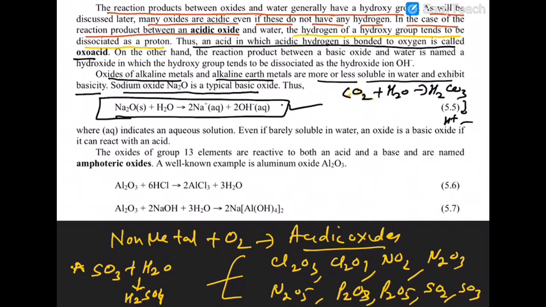That is very, very important. Similarly, there are elements whose oxides are amphoteric in nature. Aluminium oxide is one such example. Oxides of aluminium, oxides of lead, oxides of tin: these are all amphoteric oxides.